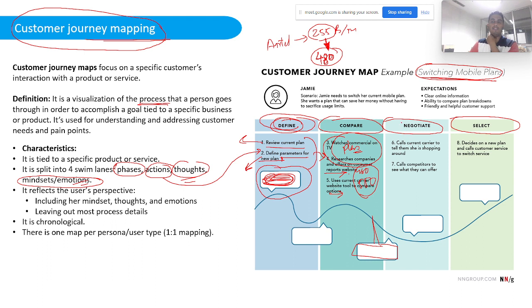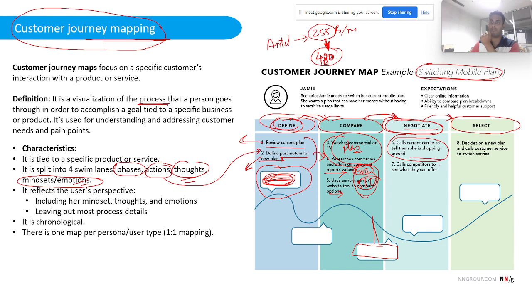So the next phase is negotiate. So probably he calls. So maybe this is the way that particular task flows: defining, then comparing, then he probably talks to the person, probably the Airtel guy. He can talk to the customer care, where he negotiates by asking what will be the benefit of this particular plan. He can ask them. Then